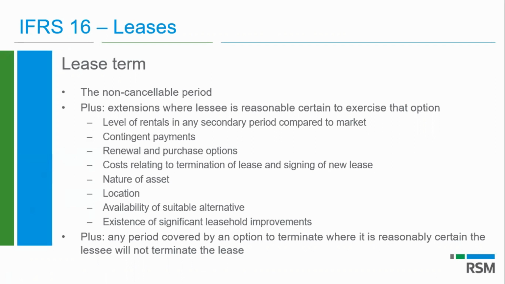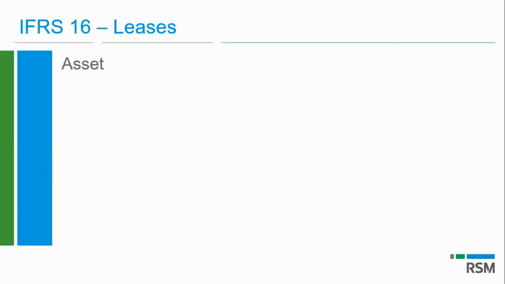So now we've calculated our lease liability: we've gone through what the lease payments are, we know what the lease term is, and we then know what the discount rate is, and that's the calculation we use to get to our lease liability. So looking at the lease asset, what it's referred to is actually a right of use asset.